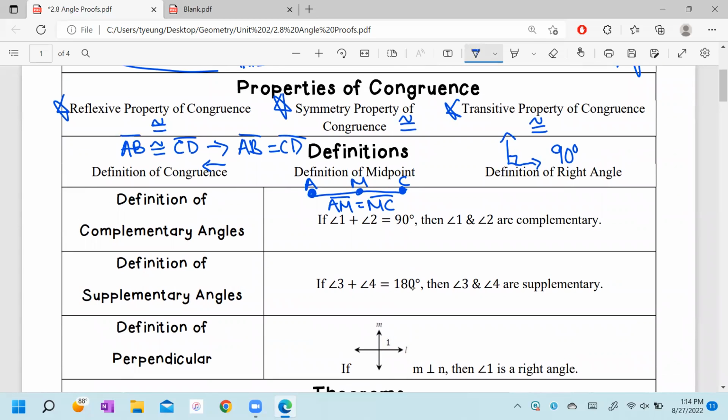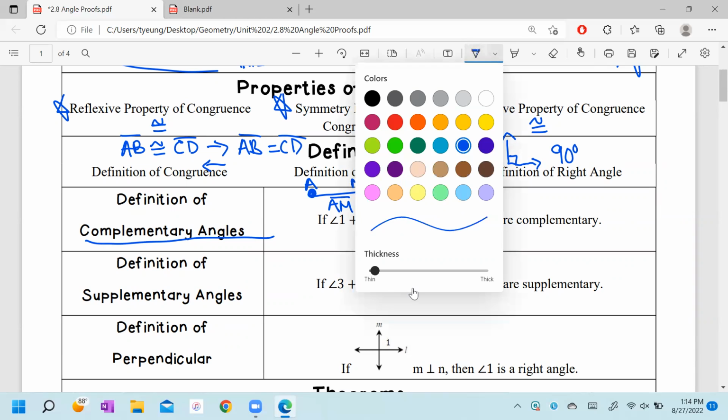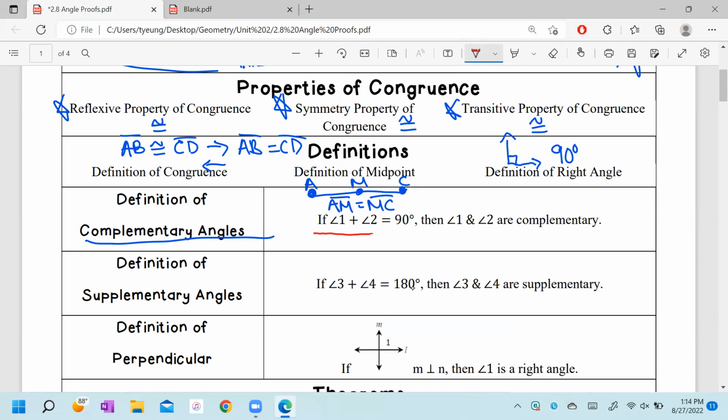Following that, we have our definition of a complementary angle. We know that a complementary angle is equal to 90 degrees. That's what it says here in our definition. It says, hey, if angle 1 plus angle 2 is equal to 90, then angle 1 and angle 2 are complementary. So an example of a complementary angle,